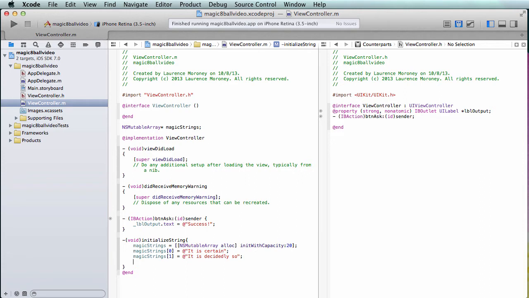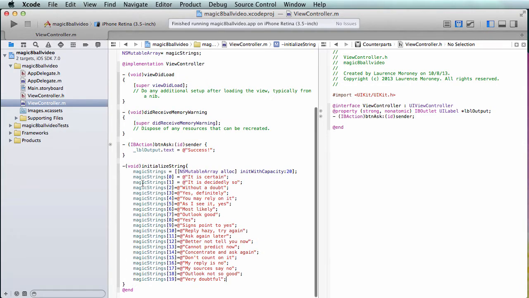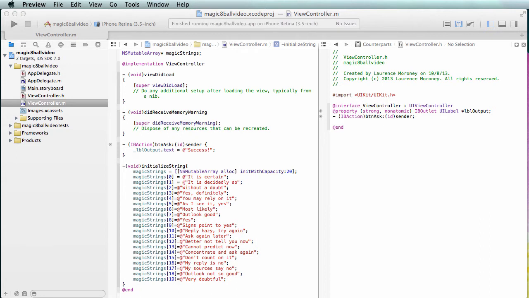And just to save a little bit of time in the video, I'm just going to copy and paste the rest in, so that if we have 20 of them, they're going to be numbered 0 through 19. And there they are. So this is all of the potential strings, all the potential answers that the magic 8-ball can give us back. Okay, so next, what we need to do is we want to pick one of these